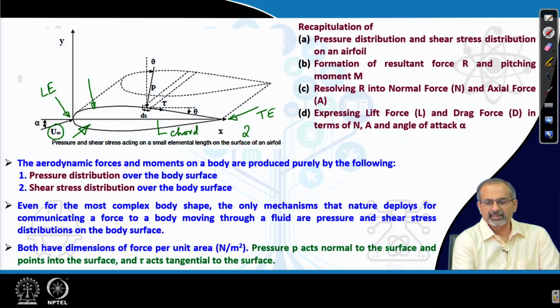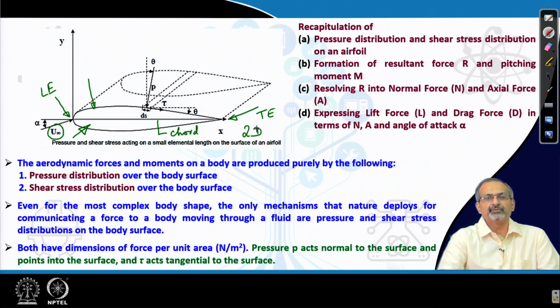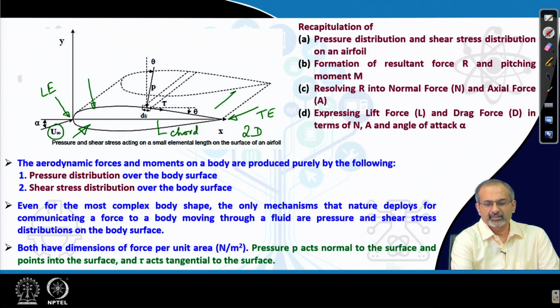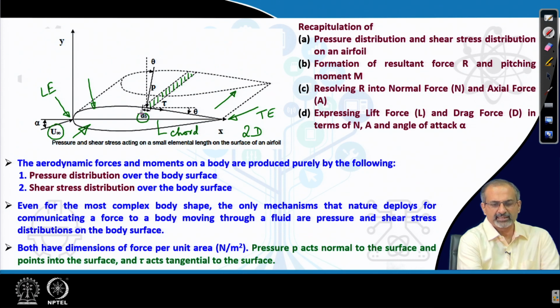This is basically a 2-dimensional geometry, which means that if you look at the third direction, which is orthogonal to this plane, that is the z direction, there would be no change in the geometry of this body. If you were to look at the third direction, you would see this airfoil section getting extruded, and thereby you could look at this small element on the airfoil surface as getting extruded in the third direction. We will call this small element ds.